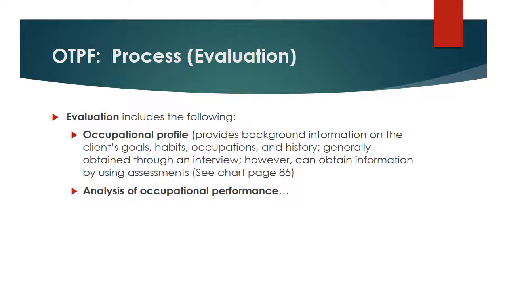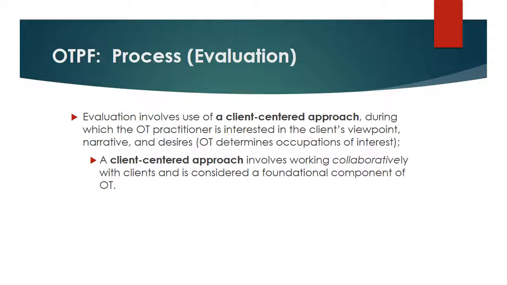Now to take a closer look at the evaluation process. Evaluation includes the following: an occupational profile, which provides background information on the client's goals, habits, occupations, and history. Generally, this is obtained through an interview with the client. However, the information can be obtained by using assessments. See the chart on page 85 of your textbook. Analysis of occupational performance is another aspect of the evaluation,